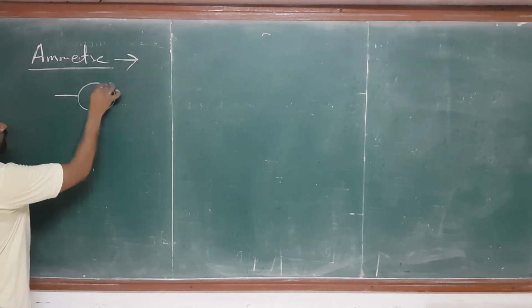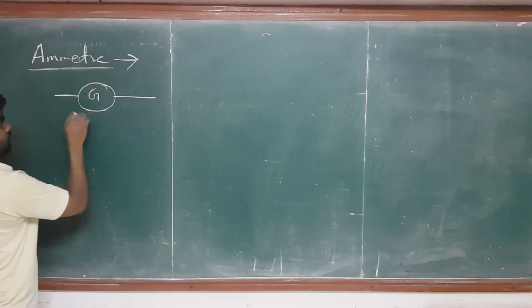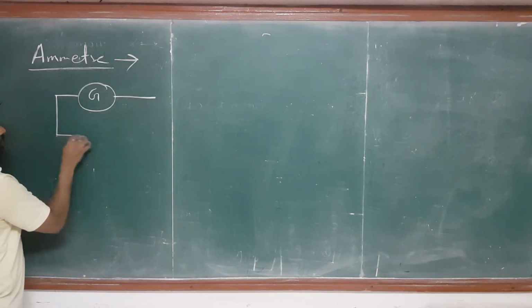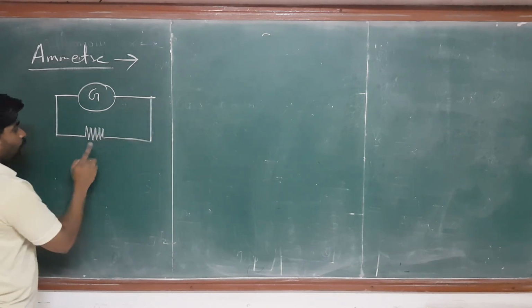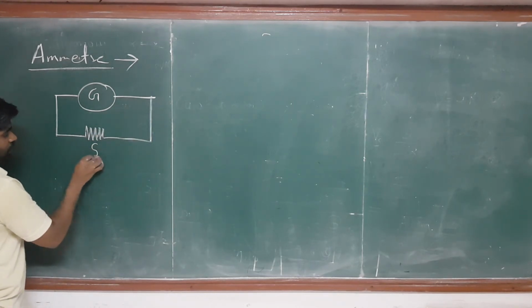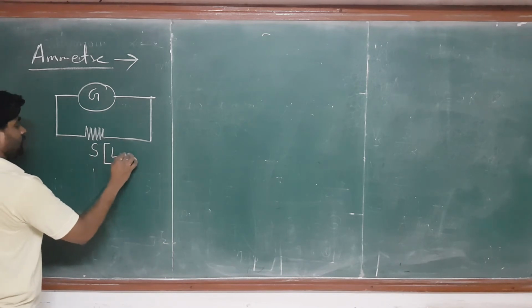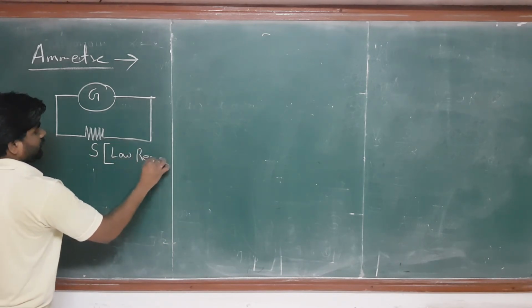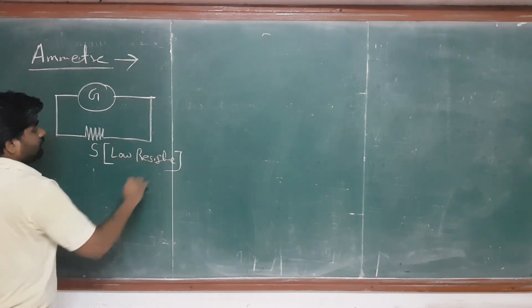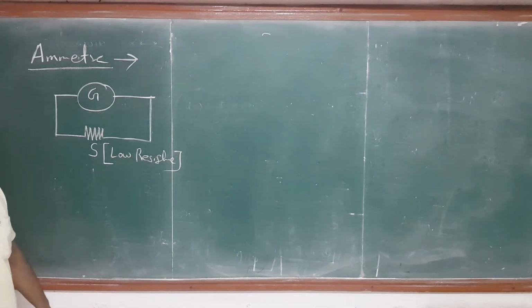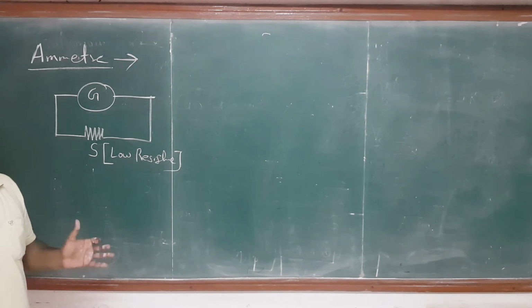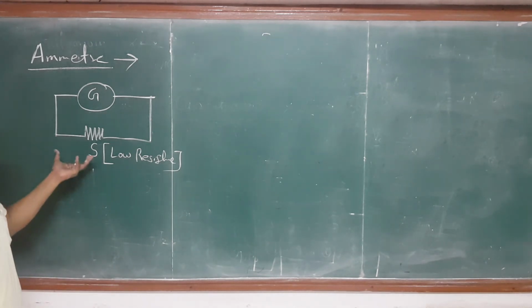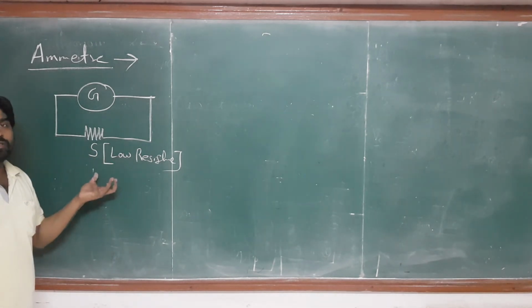This is called my galvanometer. It's connected parallelly with the resistance. And this low resistance is known as the shunt. I'm writing low resistance. Why did I do this? Because when a strong current flows in a series and passes through the galvanometer, the galvanometer can be destroyed. To make it safe, you have to connect a small low resistance, right?